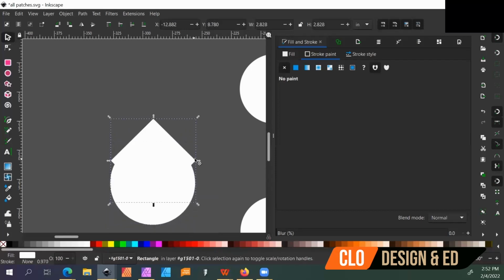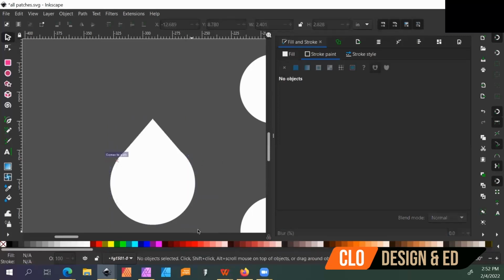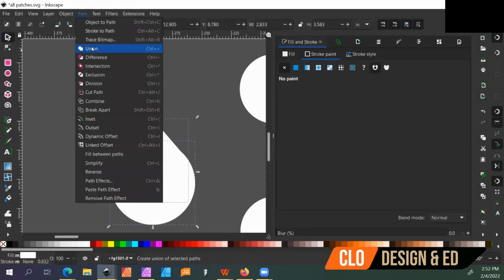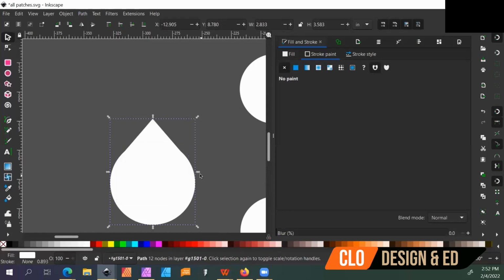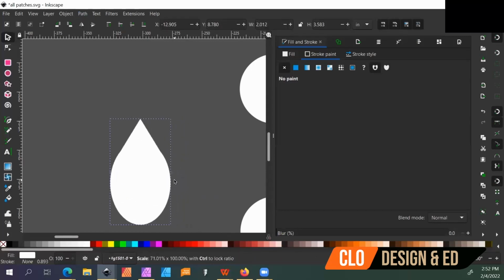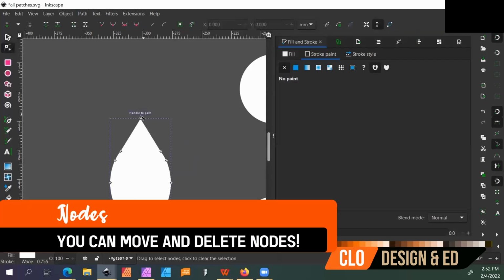All right, now I can begin to resize. There's my raindrop. All right, and then now I take this, same thing, path, union. All right, now I just want to make it a little skinnier, and then I can go into my node manipulator and I can just take the single node, I can move it up, and don't worry about it if it's a little misshapen. You can always change the type of node or delete a node. I'm just going to delete this node, and